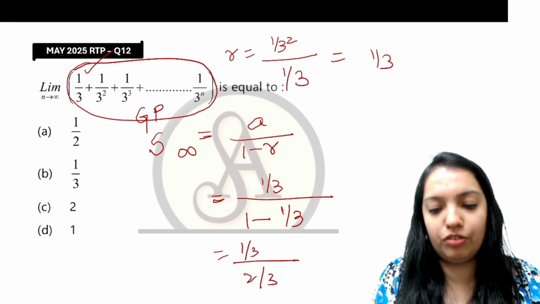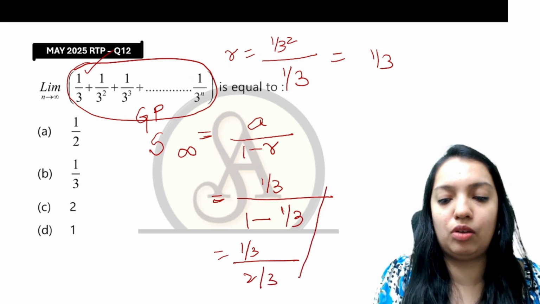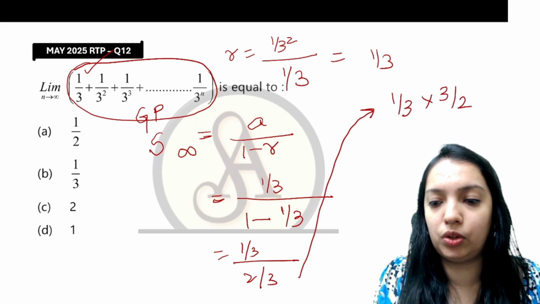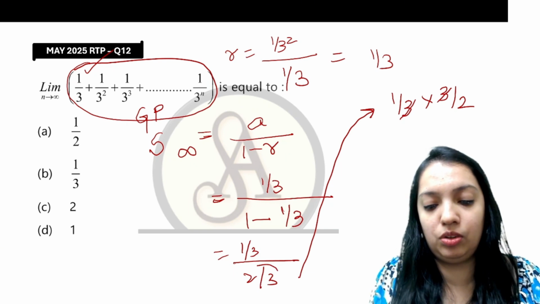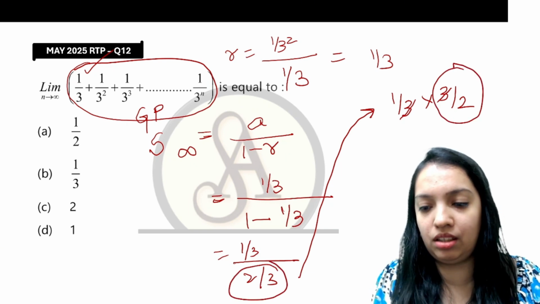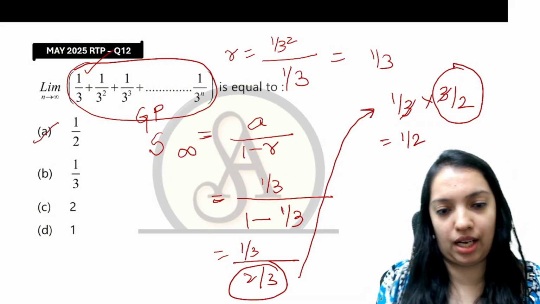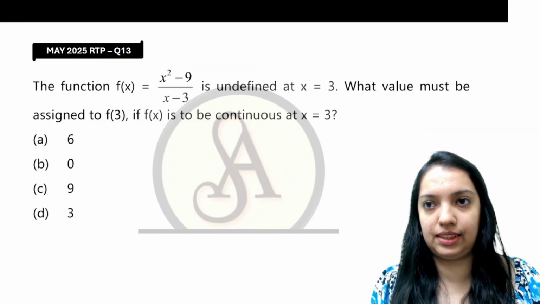Take the reciprocal of the denominator. Now the next step would be 1 by 3 into 3 by 2. 3 gets cancelled. I took the reciprocal of the denominator. Final answer is 1 by 2, which is equal to option A. Next